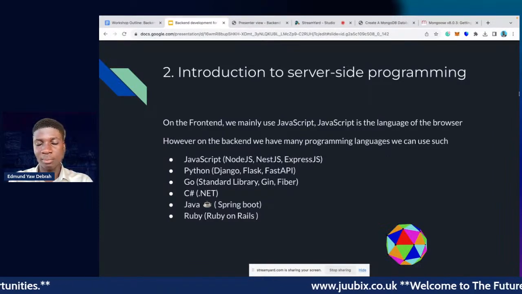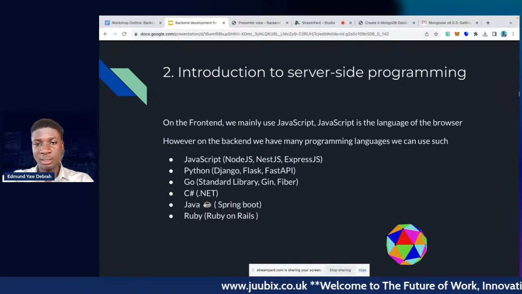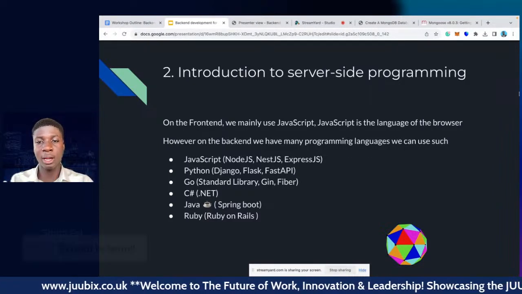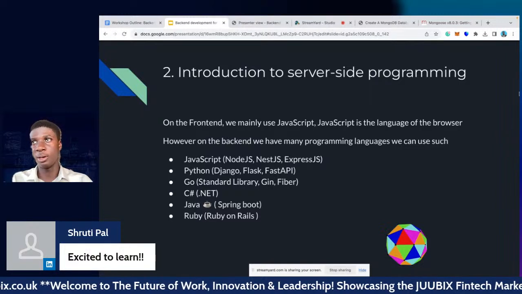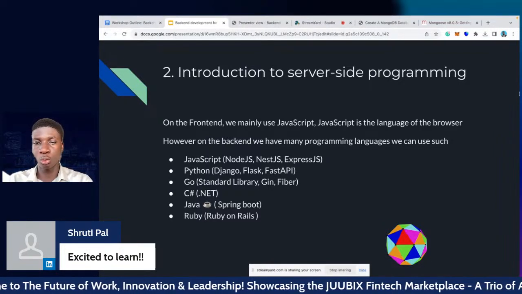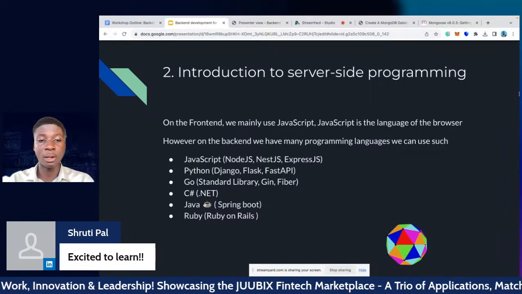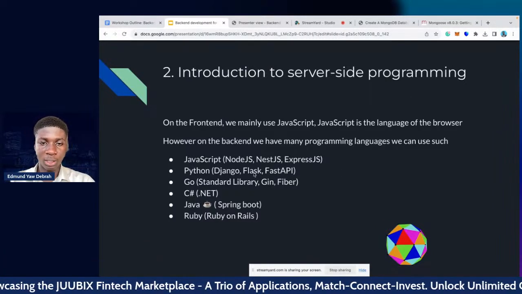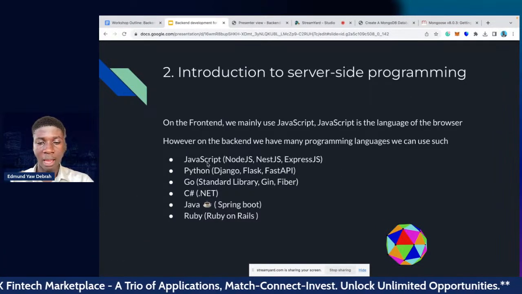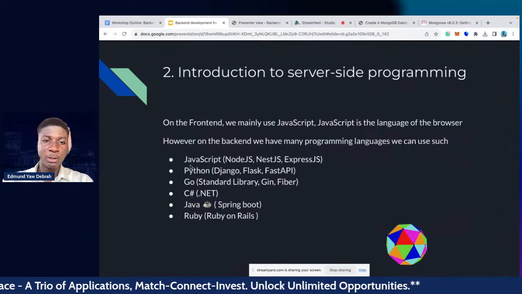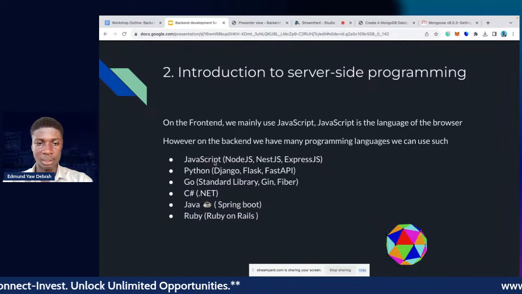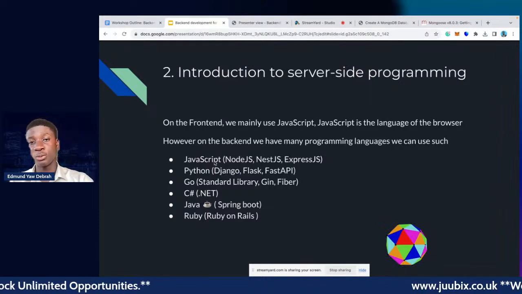So we have front end frameworks like React, which you can use to build your applications. But when it comes to the back end, you are really spoilt for choice. There's a plethora of languages that you can choose from. Some of the languages that I've listed here are some of the most popular ones. Here JavaScript too can be used for creating server-side applications, and that is what we actually use here